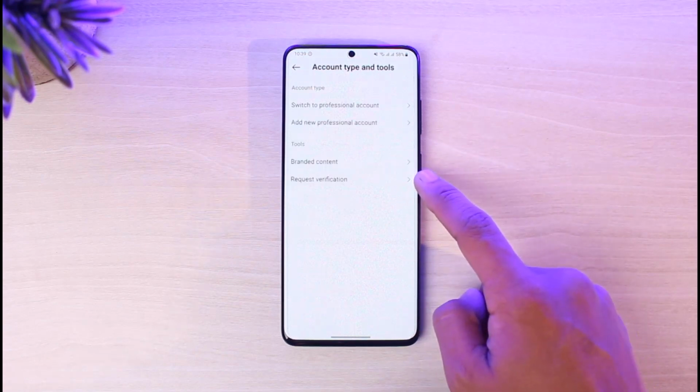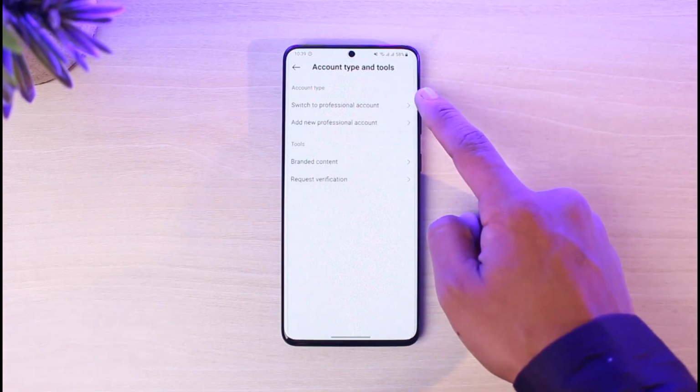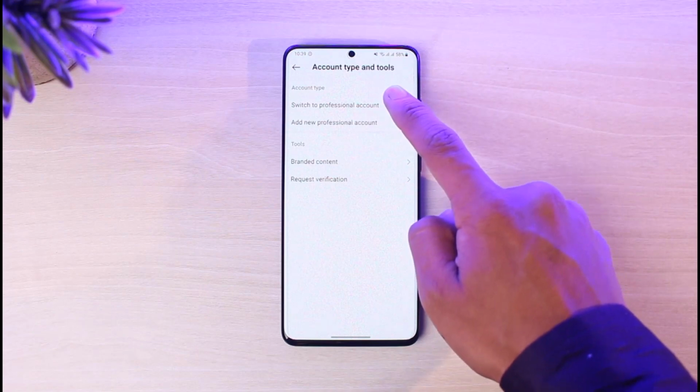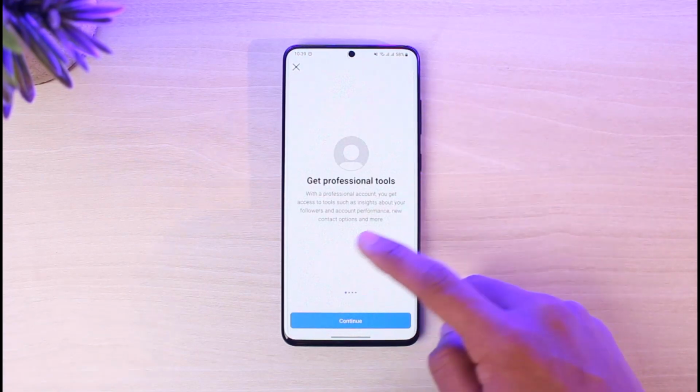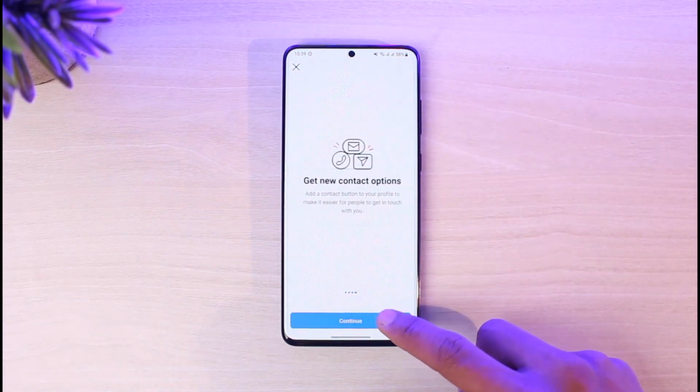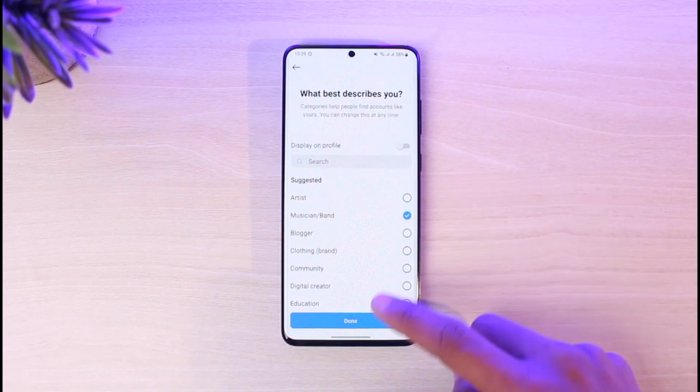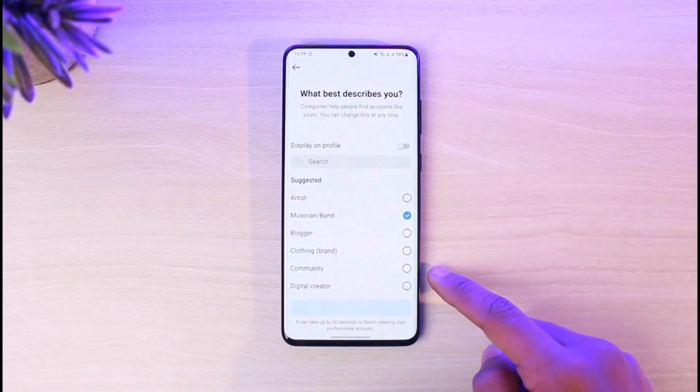Just tap on it. Once you tap on account type and tools, it says switch to professional account, so just tap on the switch to professional account option. Now over here you can just select get professional tools or whatever else. Just tap on continue and just select any of the categories or niches, and now we're switching to a professional